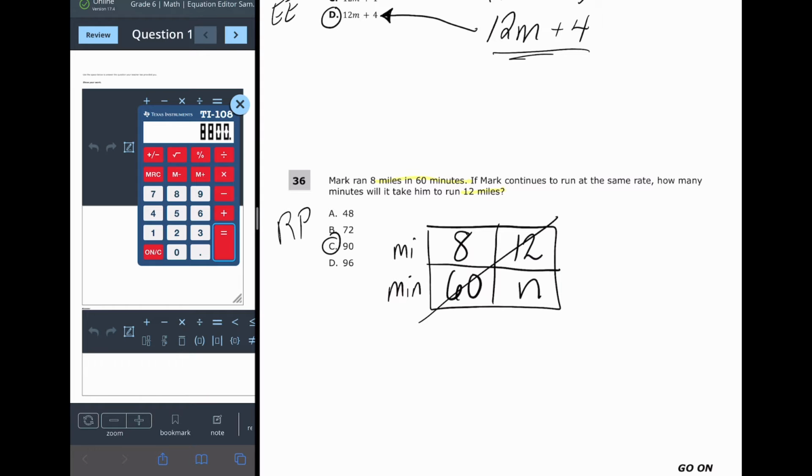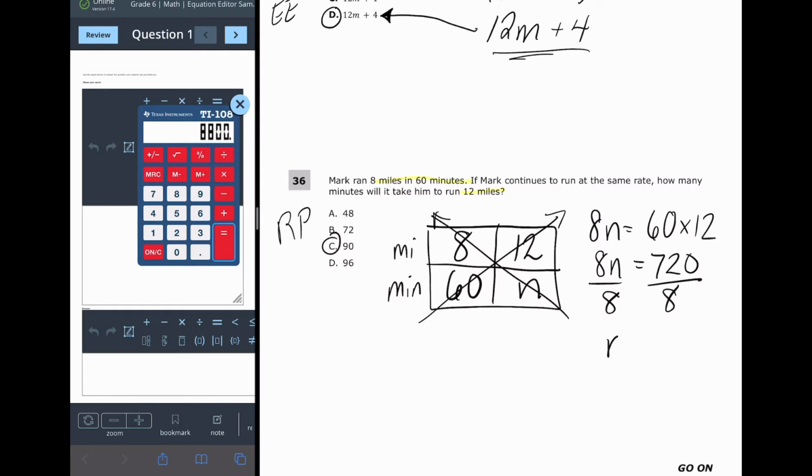And we're going to do our cross products. So we have 8n is equal to 60 times 12. I know 6 times 12 is 72, so this is 720. And now I can divide both of these by 8. n is equal to 90. I just did that in my head because 72 divided by 8 is 9, so 720 divided by 8 is 90. All right, so you can hit pause and jot this one down into your notes,